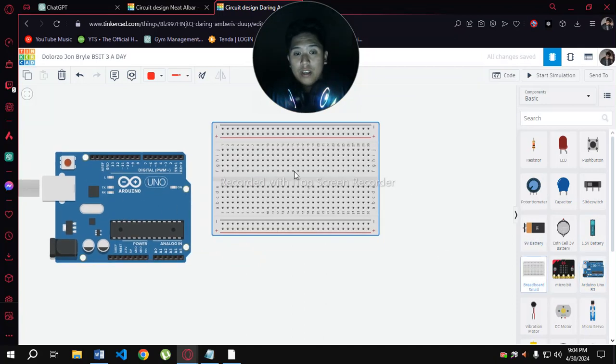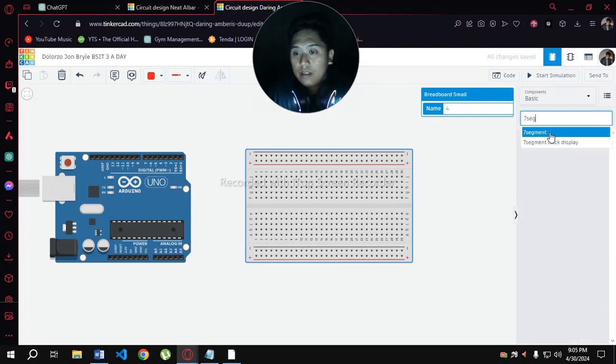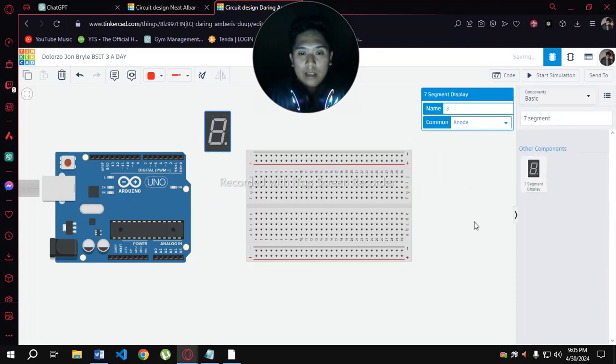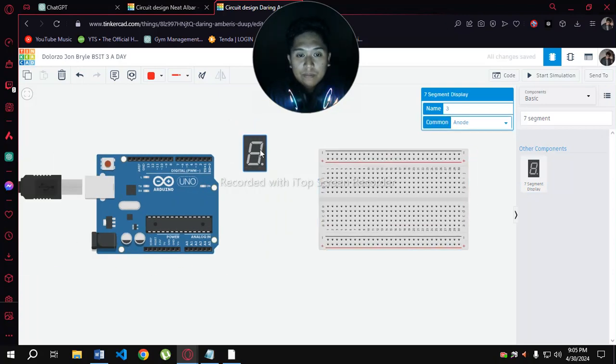Of course, to back it up, we are going to need a small breadboard, and we are going to search for the seven segment display. So this 7 segment display will be our traffic light for today's video.